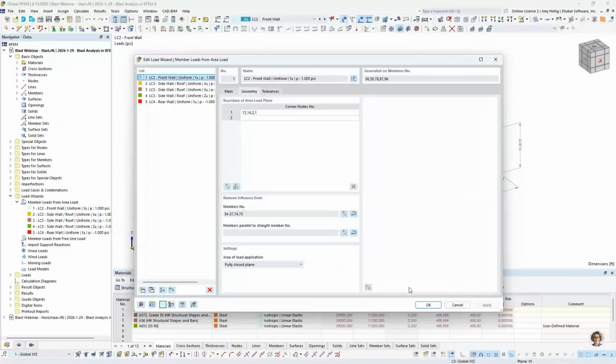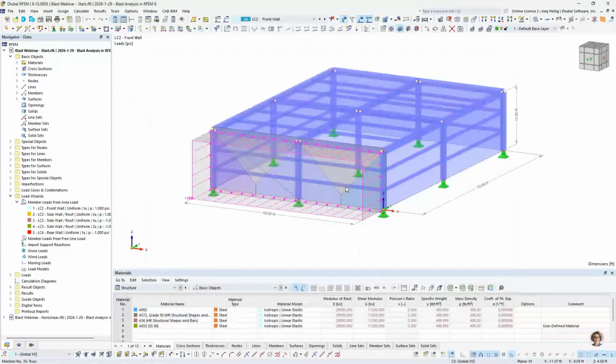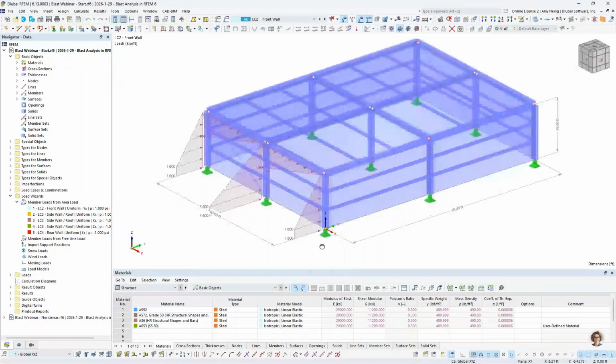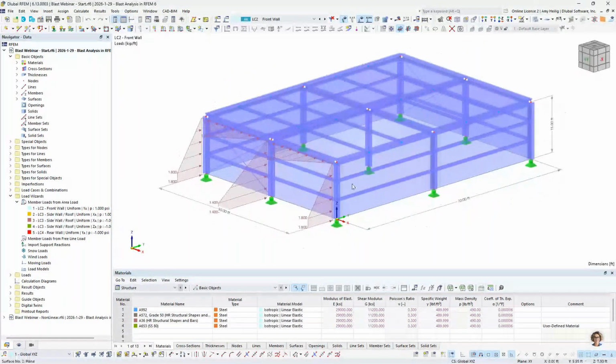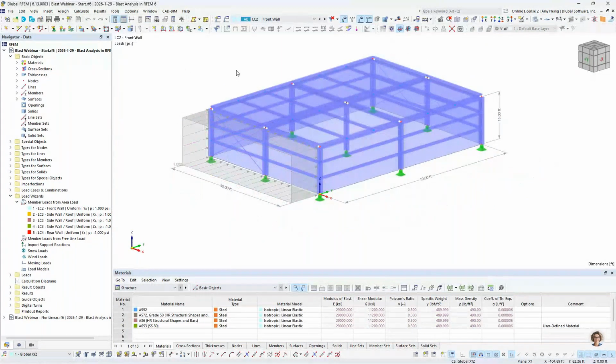So once this is done, you'll see we get a nice view here of the tributary area of the members that this load will be applied to. And we can take this a step further by right-clicking and displaying separately to see the load actually applied to the structure itself and the particular members that I have selected. So we can right-click to turn this back to a uniform load display,